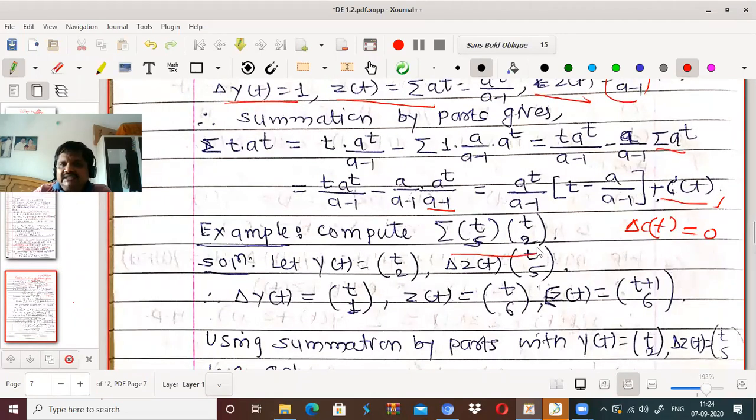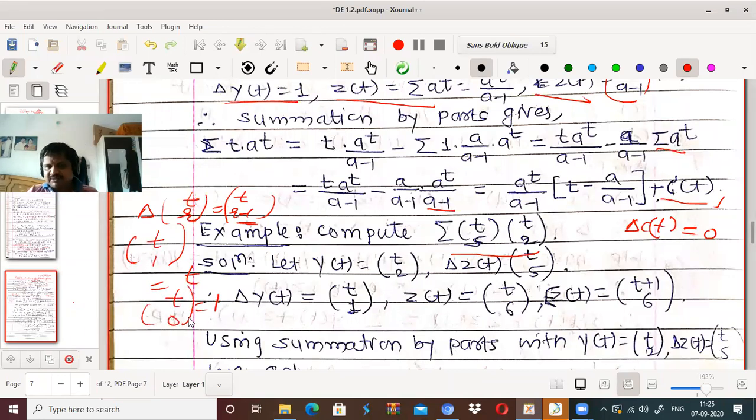Both are tCr of this type. So which can be taken first and which can be taken second? We know that delta of tCr is equal to, what is the formula for tCr? tC(r minus 1). What happens? The base term, it is decreased by 1. It decreases by one in the delta, right? So we will consider such a delta. Again we know that tC1 equals only t, and tC0 equals 1.